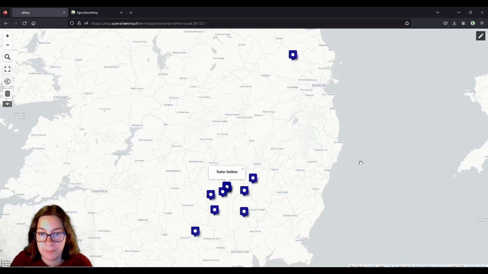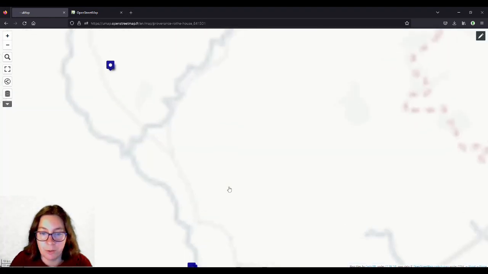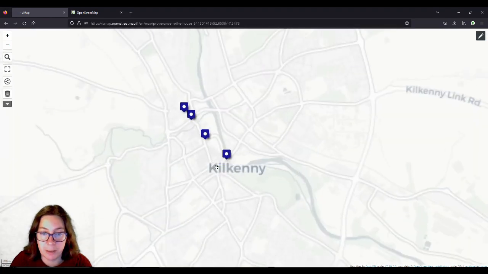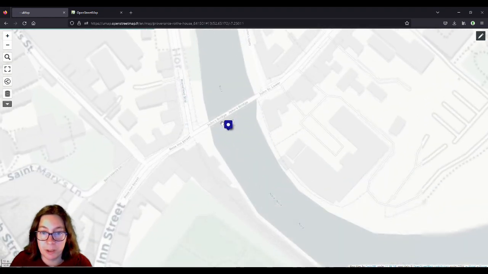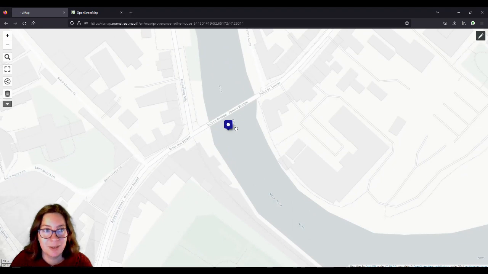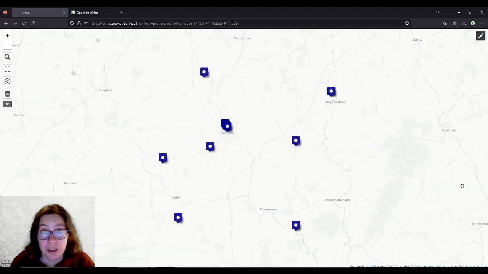But that has worked. So you have all the locations. You can zoom in and check out where we put them, so you remember that I put that location there, so that worked, obviously. Next, we want to flesh it out a bit. We don't want just the name on it. That is boring. You know, that's not really very interesting and educational. So we want to add more data to our little map.